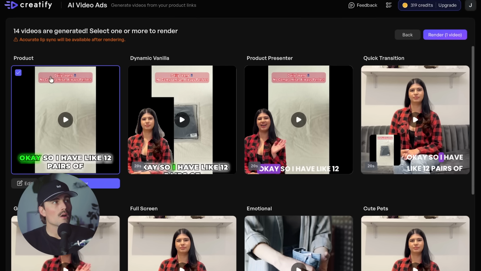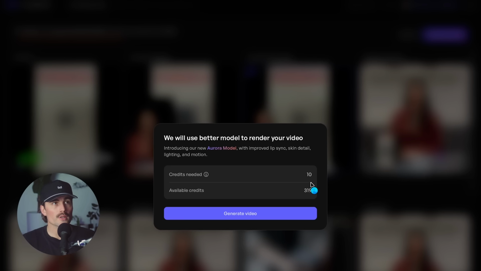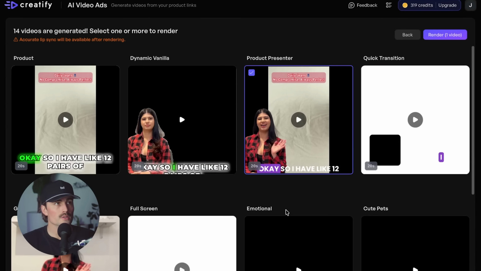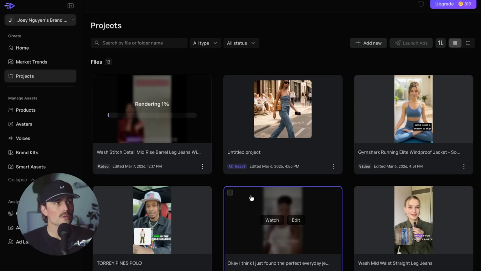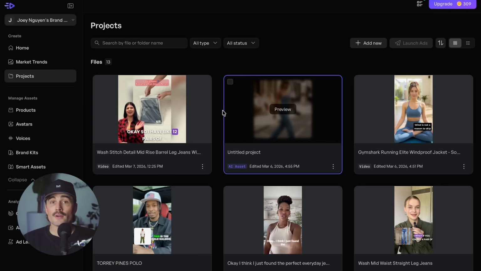Go grab yours. All right, so I think I like that one the best because it actually uses the AI avatar. So now if you want, you can click on edit. So you can either do a quick edit or go to the editor and make way more changes if you'd like. But I was pretty happy with that. And I'll just click on render here. And this will take 10 credits and it'll take just a couple minutes here. So check back with that after it finishes rendering to see the fully rendered lip synced version. All right, so it looks like it generated our ad.